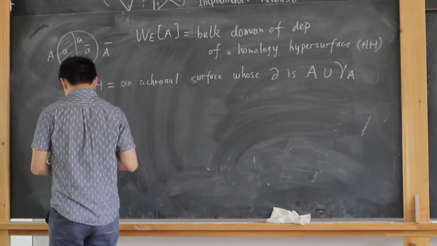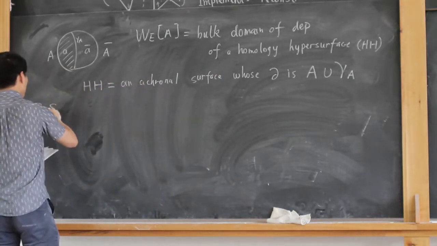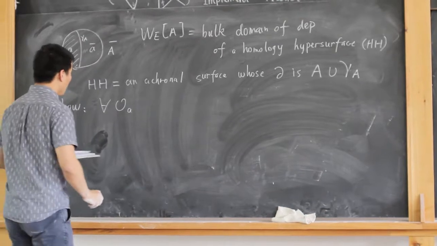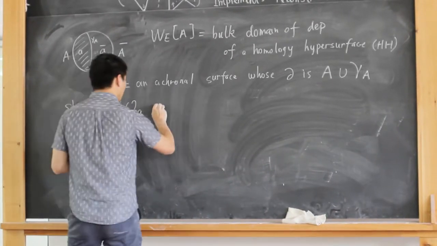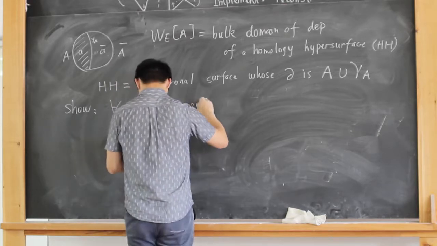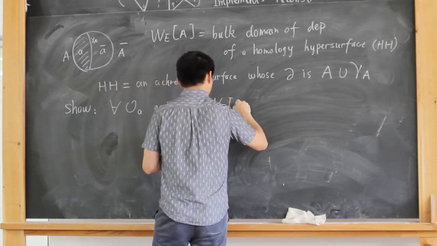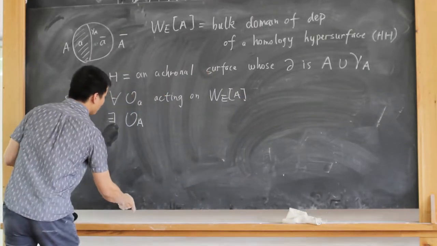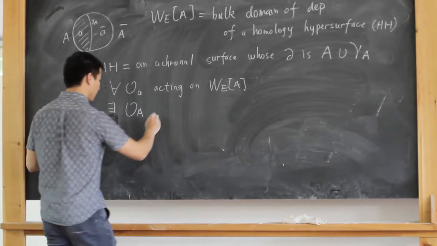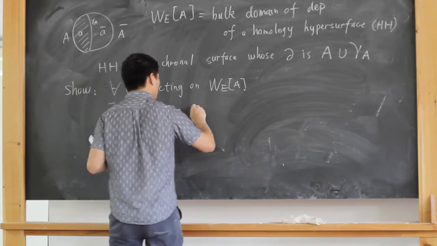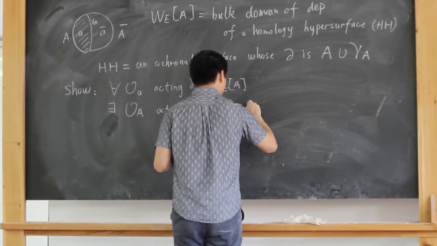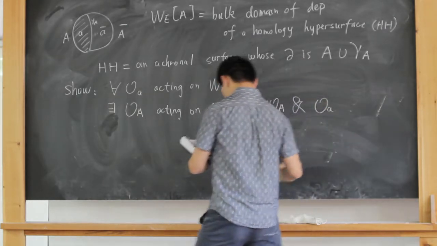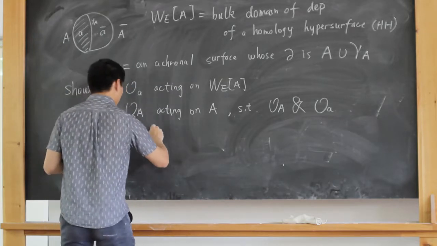Very good. The statement is, so we can show that for any operator O_a, a little a, acting on the entanglement wedge of A, there exists an operator O capital A that's supposed to be a CFT operator acting on the boundary region A, such that the two operators O_A and O little a have the same action